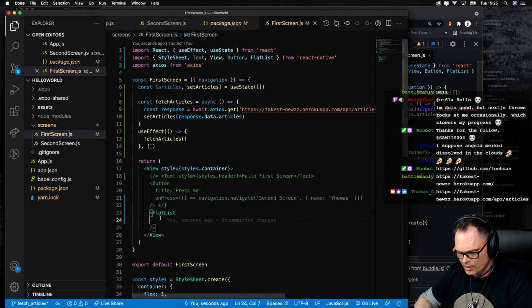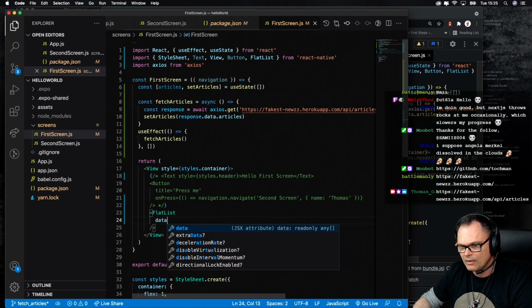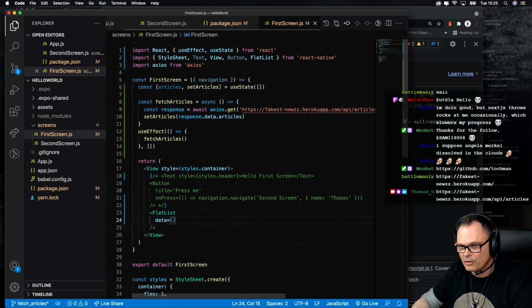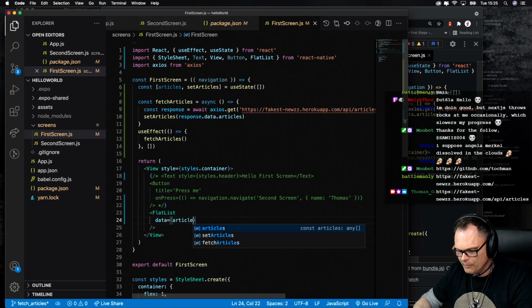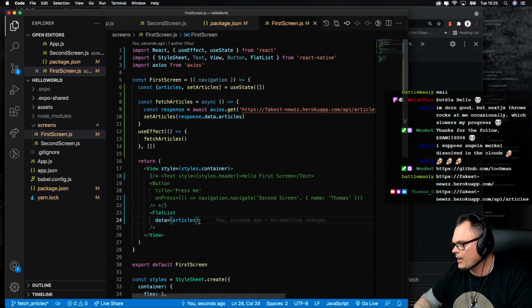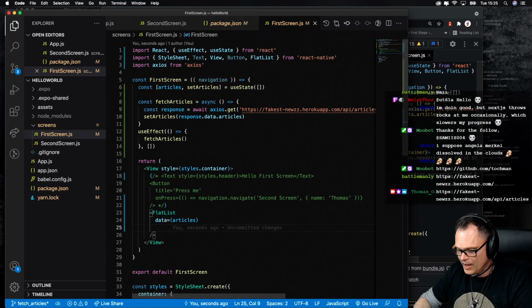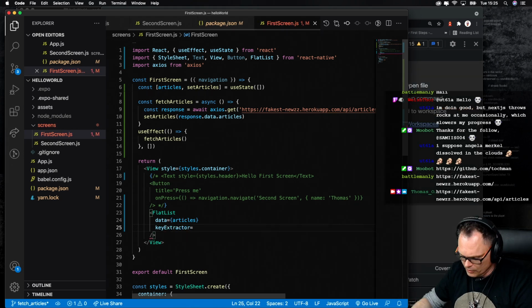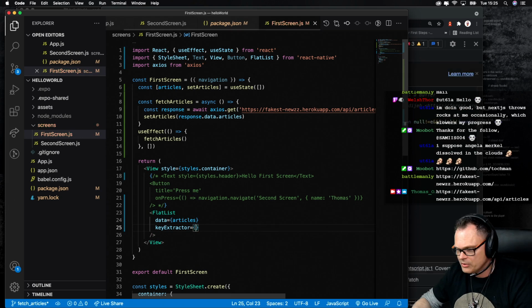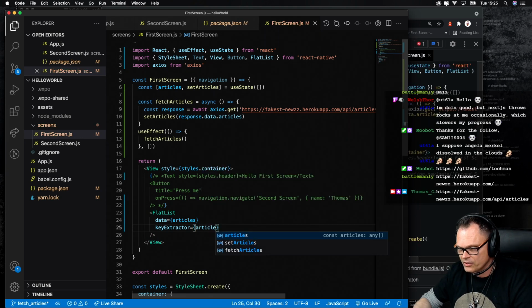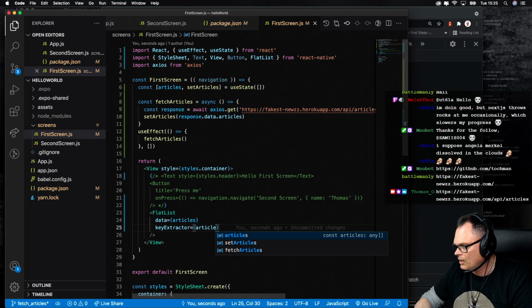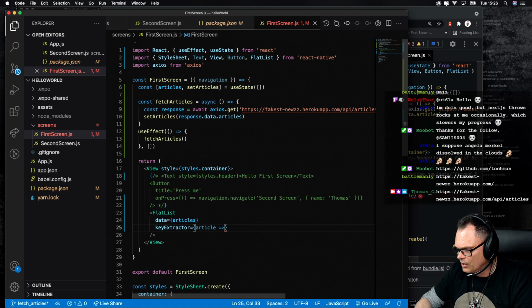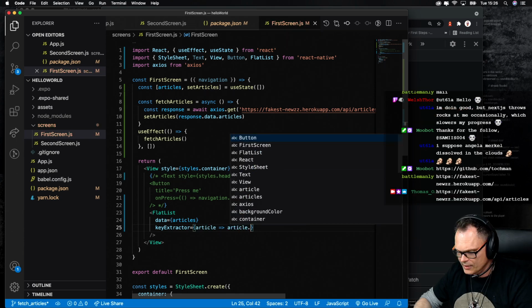And we want to say data equals, in this case it's going to be the articles, whatever we hold in state. And then we want to add another attribute that is called key extractor, and that will also equal a JavaScript injection, and that will be article, one instance of an article. And then we are sending off the article ID on this one, right? Yes, I think so. So we want to say article.id, but